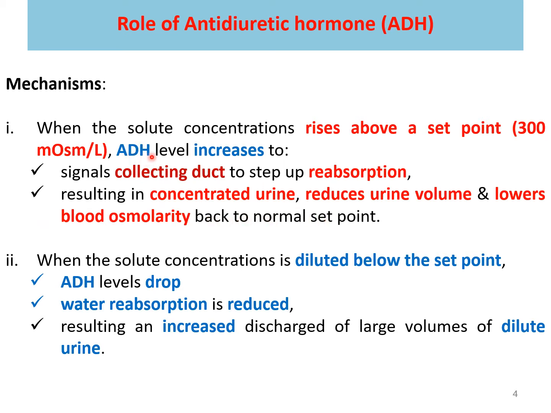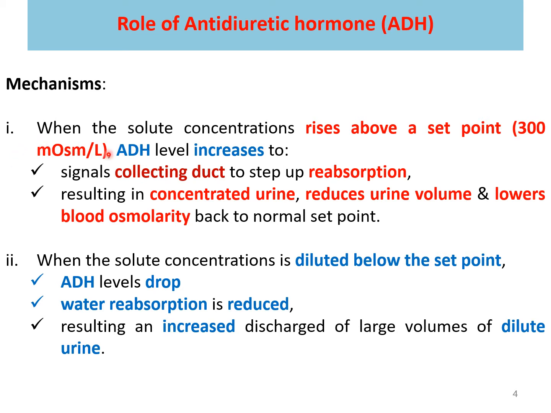Okay, so itu peranan ADH. So more ADH will be released so that more aquaporin will be present at the collecting ducts and more water will be reabsorbed. So when more water is reabsorbed, the urine produced is much more concentrated, the volume of the urine will be reduced, and it lowers the blood osmolarity back to the normal set point, which is 300